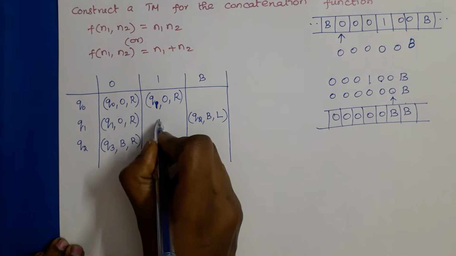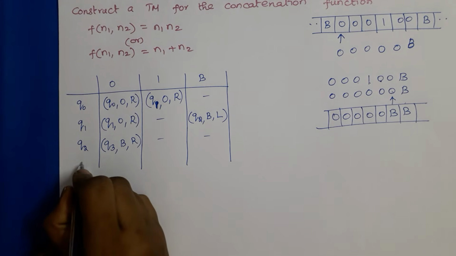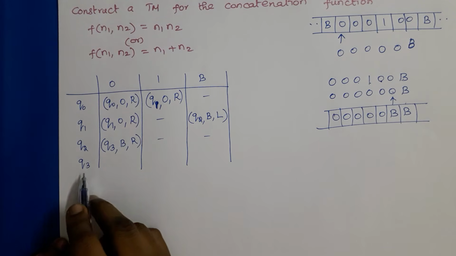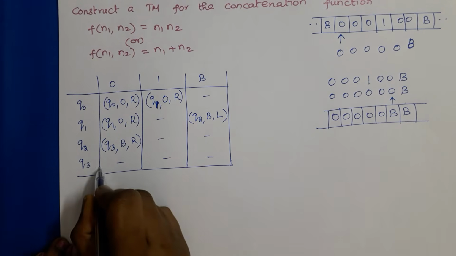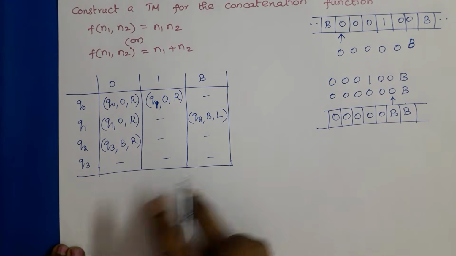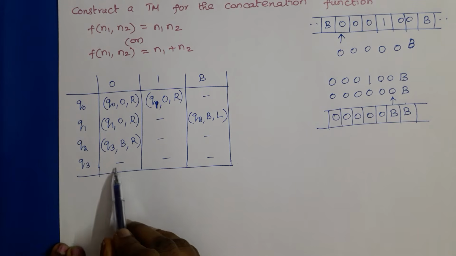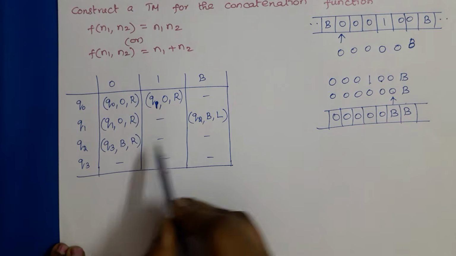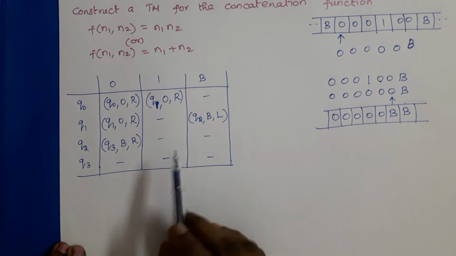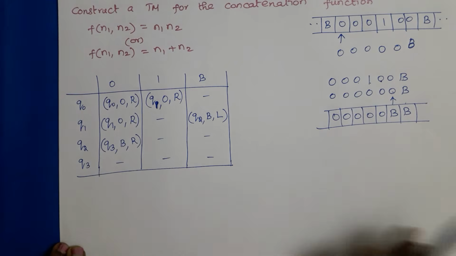Okay, so the other blanks represent undefined operation. So in Q3 also, all the functions are undefined. Whenever our Turing machine enters into any one of these undefined, then the Turing machine will halt. But we need to check the state. If the state is Q3, that is, if we halt in any one of these cases, we can say that the input string is accepted. But if we end with these 4 cases, then the Turing machine will halt, but it won't accept the input string. That is, the output is not generated properly.